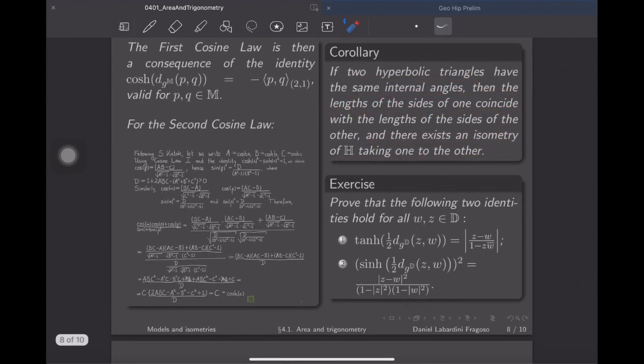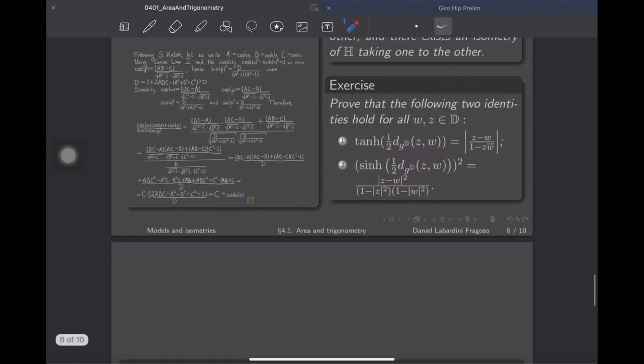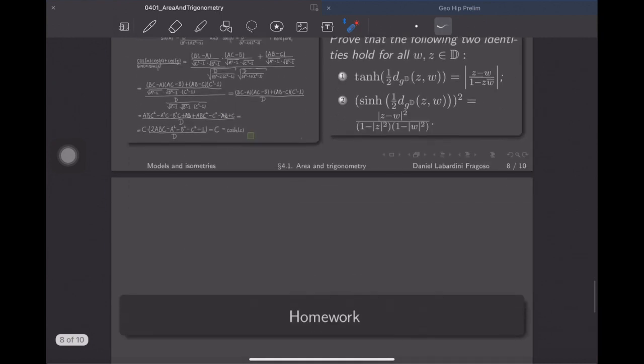Okay, and well, some exercises, some more identities involving hyperbolic distances. And I think that was it for